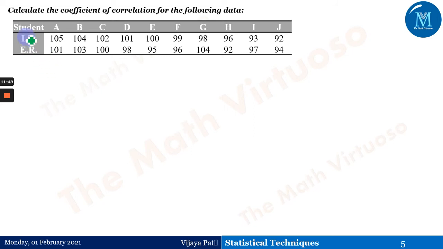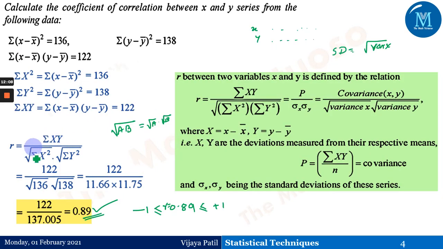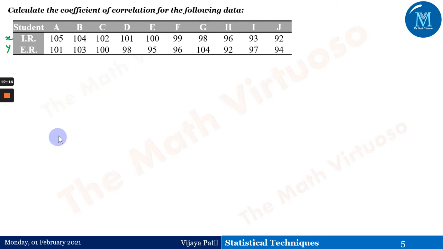So if it is given to me like this, it's my choice whether I take this as x or this as y. Let me take the first one as my small x, the second one as my small y. There is no choice actually, because they have not specified which should be x and which should be y. Anyways, it doesn't matter, because if you observe the formula in the previous slide, it has no effect which one is your x and which one is your y. Okay, therefore this is x and y, and these are the values given to us.